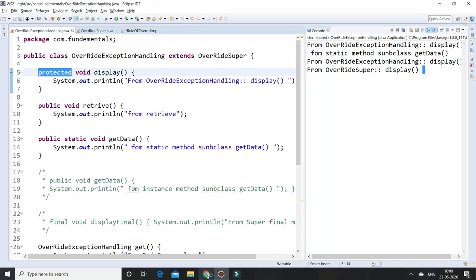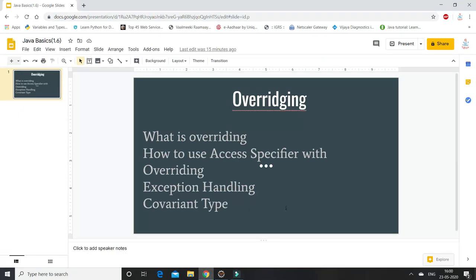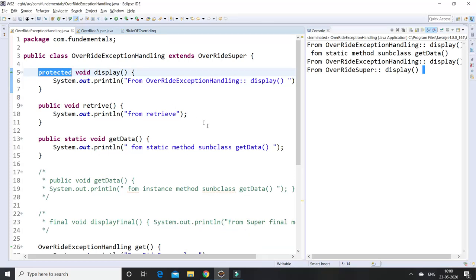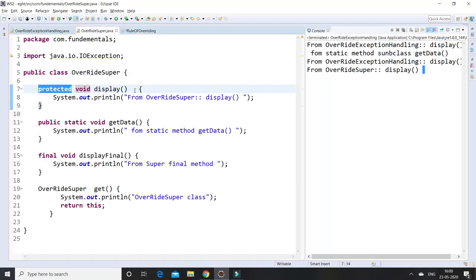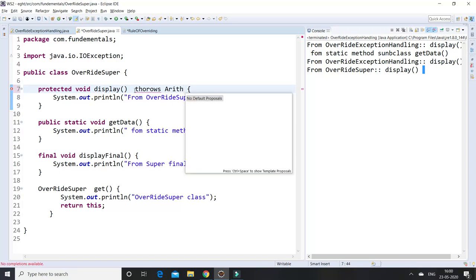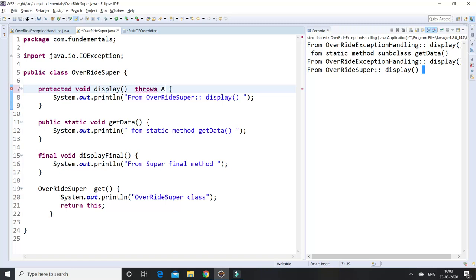So the next topic is exception handling. Suppose in the parent class level, I declare some exception here, let us assume an arithmetic exception.